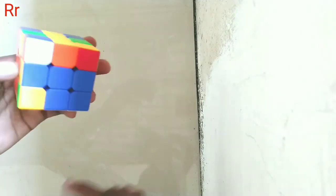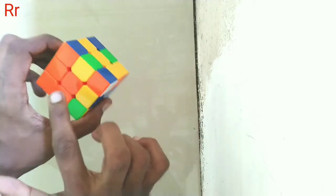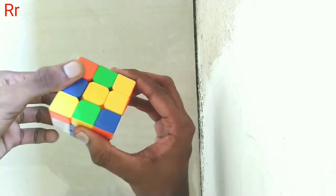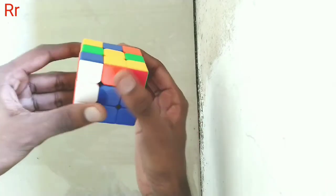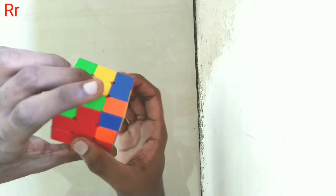That's it. Now while doing it, a white piece will be somewhere else in its position. You just check its side colors and place it accordingly. There you go, blue and orange, and I have placed it correctly. Now as you can see, a piece has